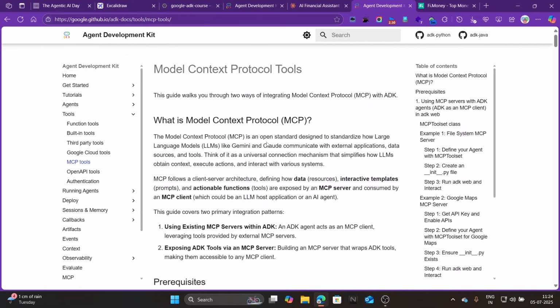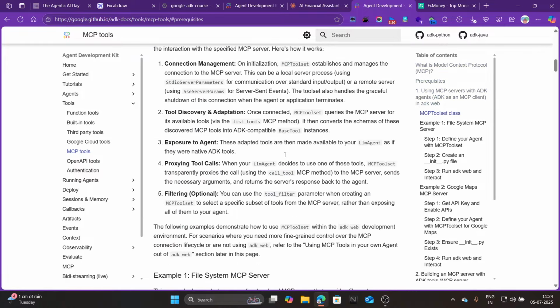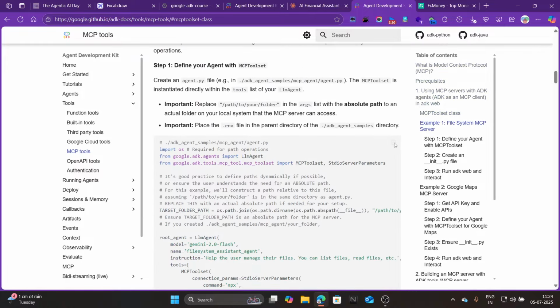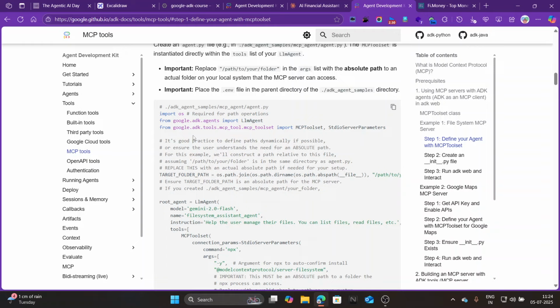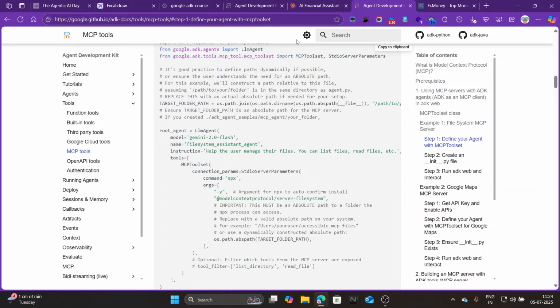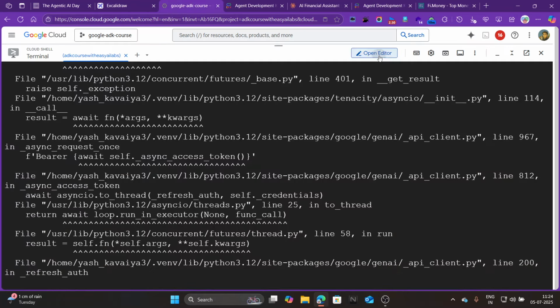So we take this command and try to run it. Let's see whether it works or not, because this is predefined code to run our file system MCP server in Google ADK.